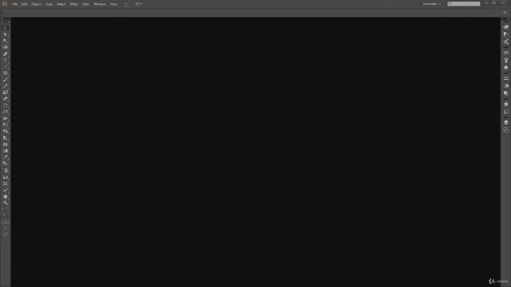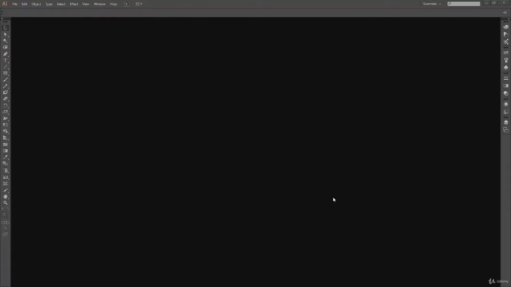So to start day 2, yesterday actually I missed one thing. While telling you about creating new files, I missed the sizes. Yesterday we were creating files, but all files were of the same size, I think letter. So this time when we create new files, we are going to see different sizes of the files, and we'll see whether it actually changes something or does it all look the same. So let's begin.